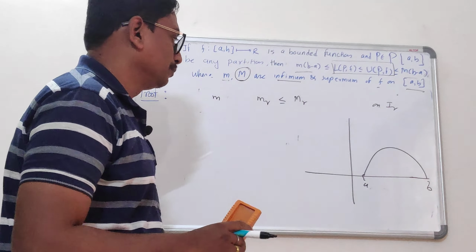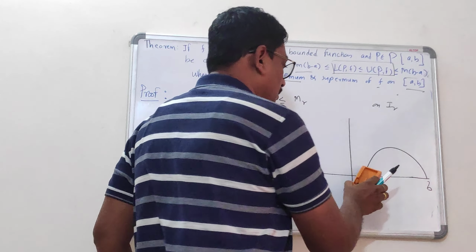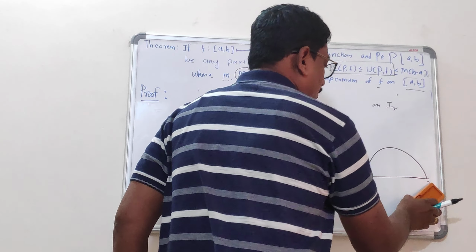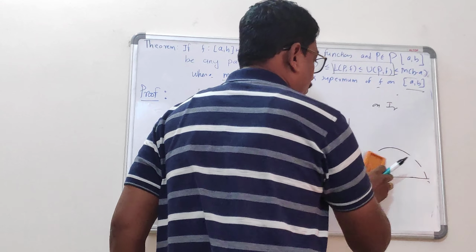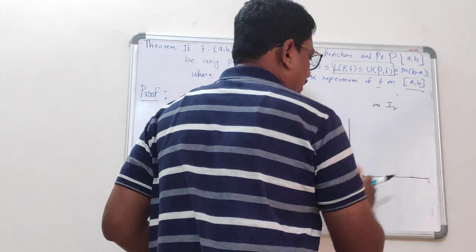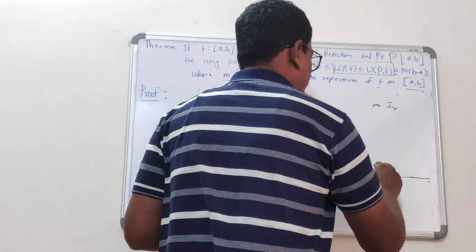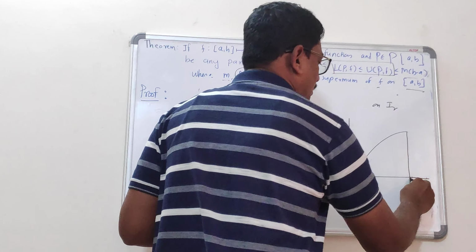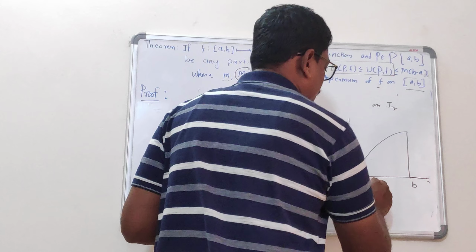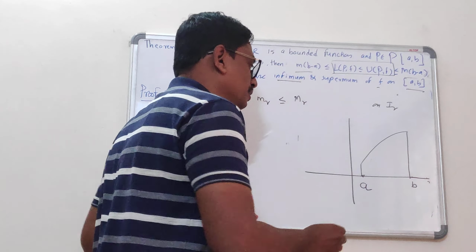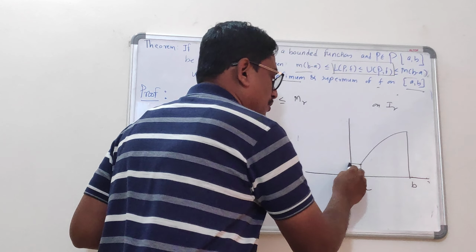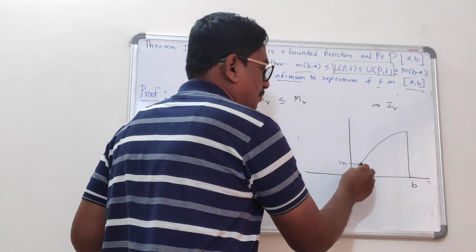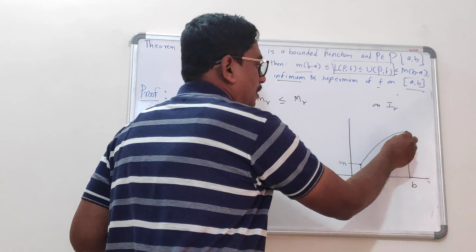Okay. Or what I will do, I will not take values intersecting the y-axis. I will take increasing, decreasing, any functions you can take. So I will take this function. This is at point B and this is at point A, to better understand this. So this value is your small m, that means it has position A comma m, and this is your